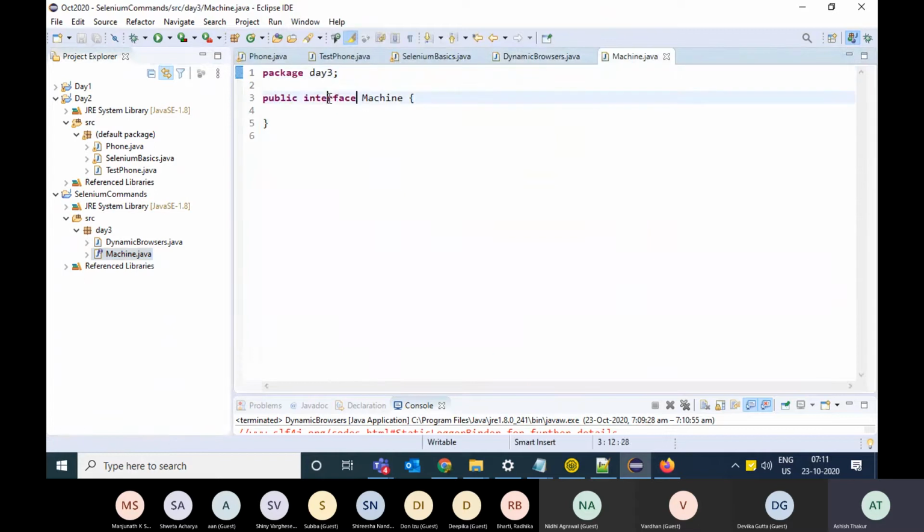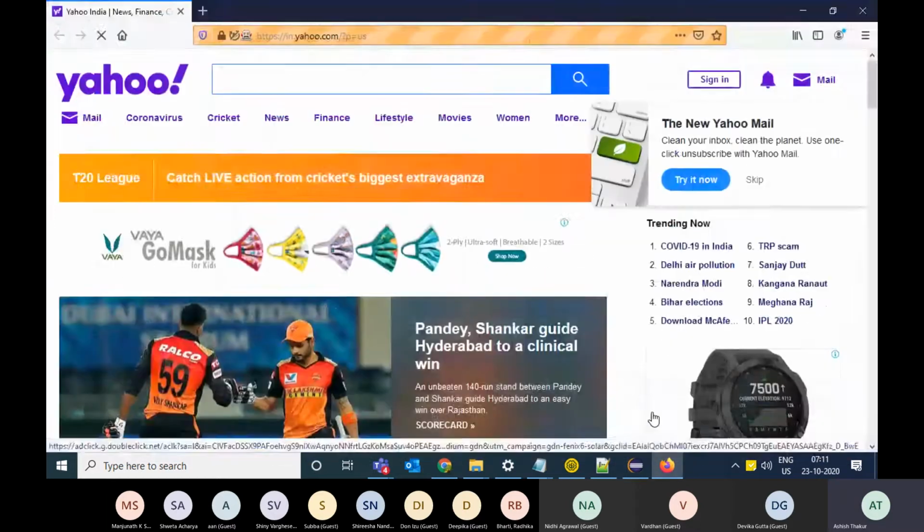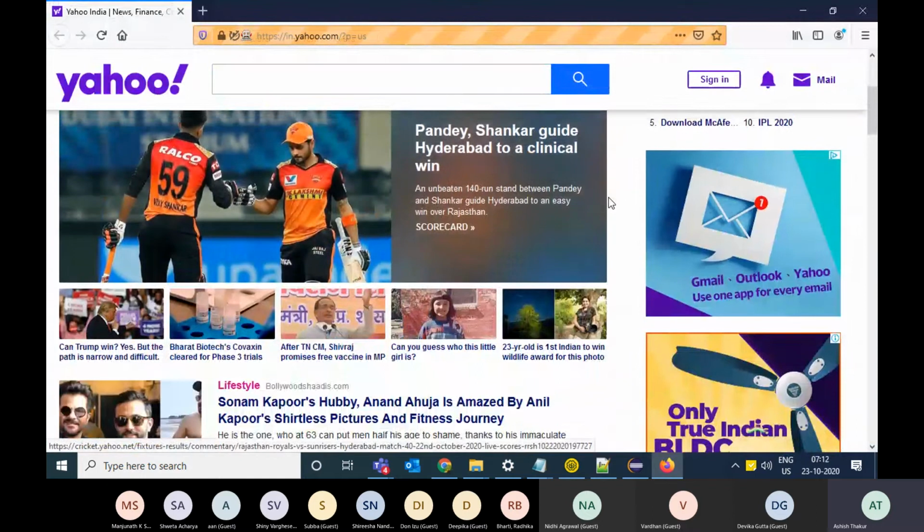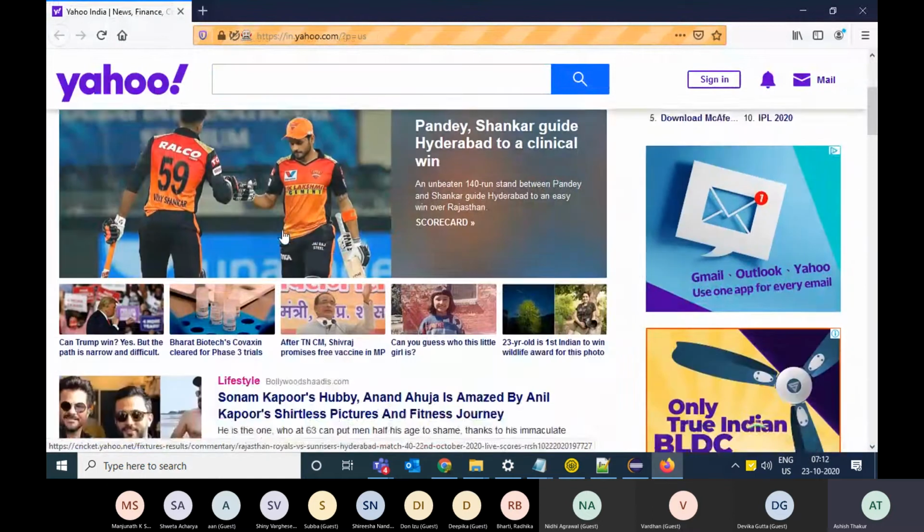So interface is something which gives an idea about the system. For example, you go to the restaurant and you have an a la carte menu over there. So just looking at the menu, you understand what this restaurant is offering you, but how exactly it is made and whether it will be for you or not, you really don't know. Or for example, this is yahoo.com. This is the interface for the Yahoo website.